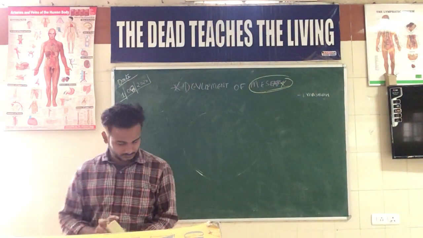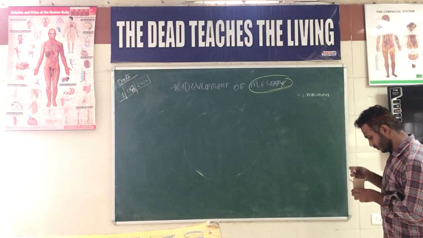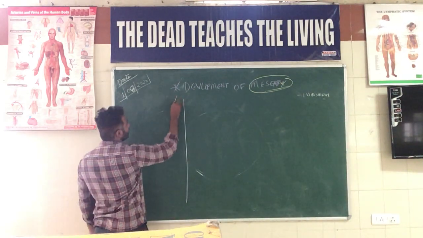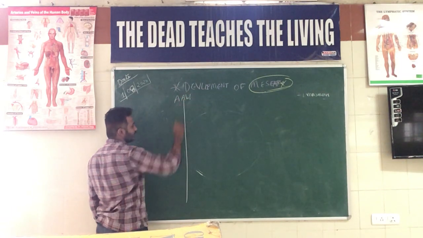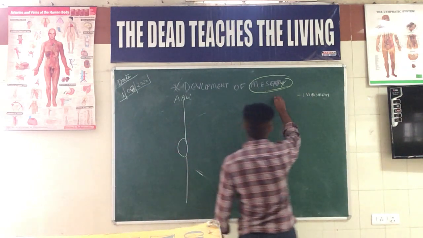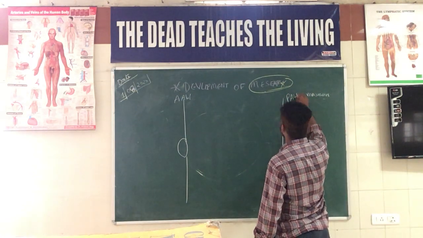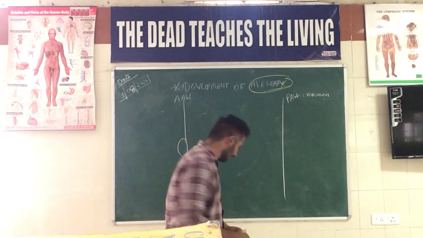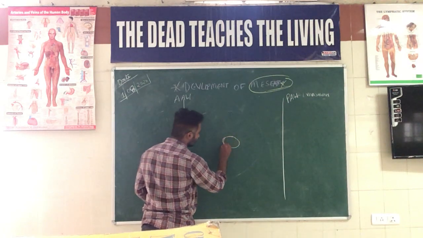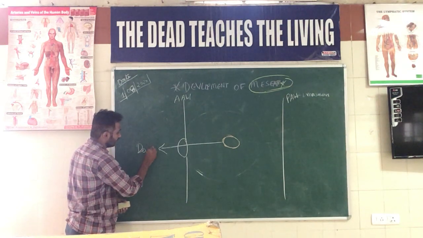So let us consider this as the abdominal wall. Assume it has an anterior abdominal wall. We have an umbilical opening around here. Let us assume this particular part here to be the posterior abdominal wall. Exactly at the center, let us assume this as the developing gut.